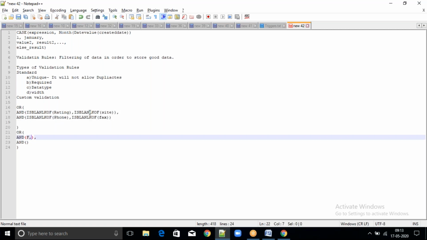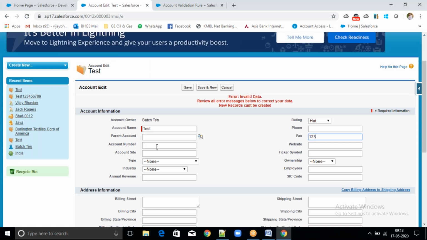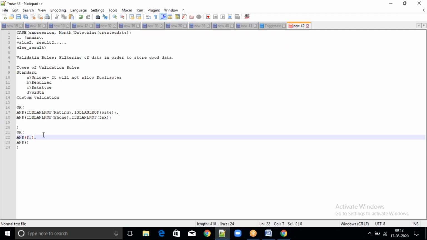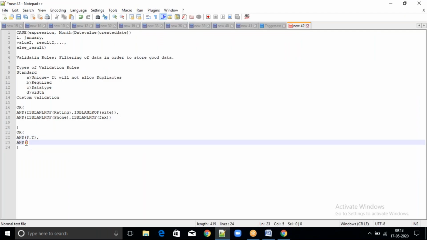Next, is blank of site. We have entered nothing, so true. Okay. Next, coming to second line. Is blank of phone.